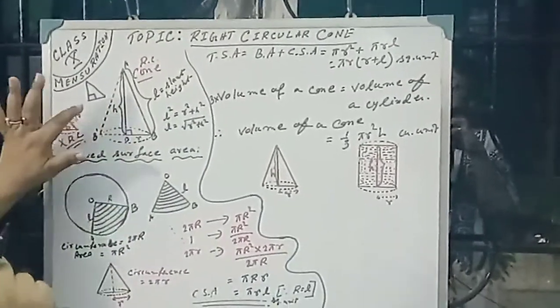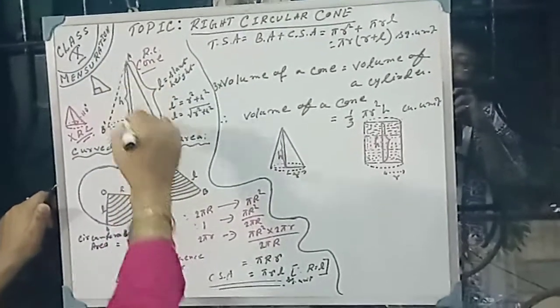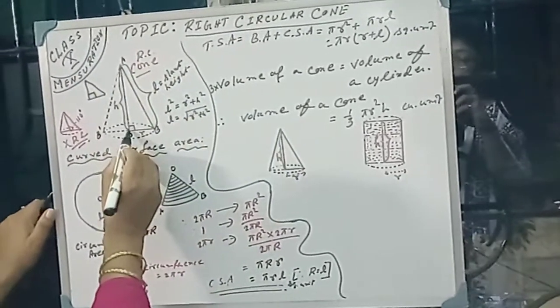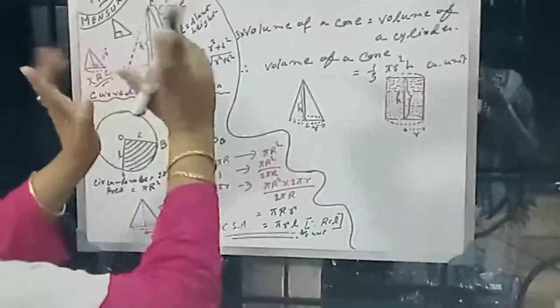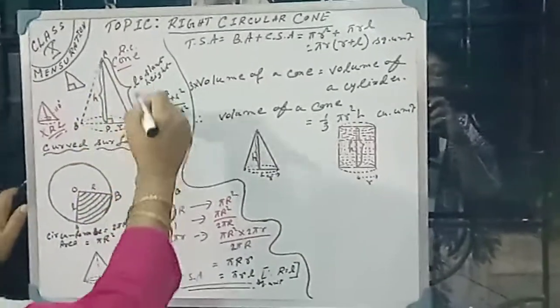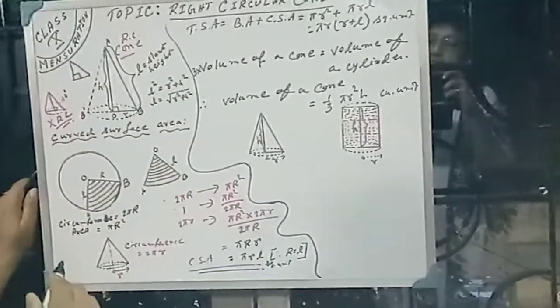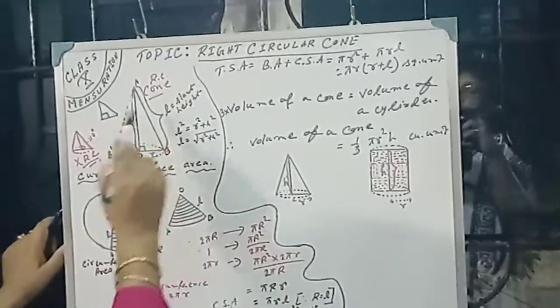And this type of right angle here, AOB, is a right angle formed. That means at the point O, a right angle is formed, and if we rotate this right angle in this way through the axis, then one solid surface will be formed, and this solid surface is known as a right circular cone.